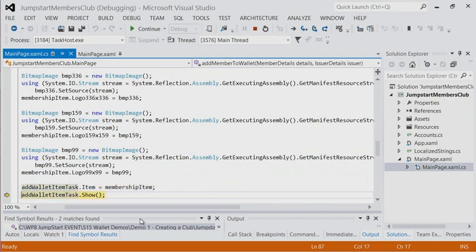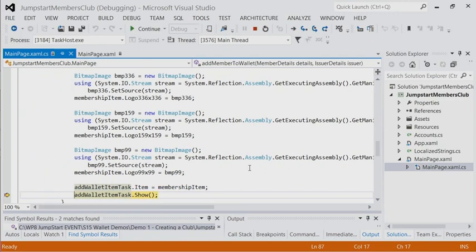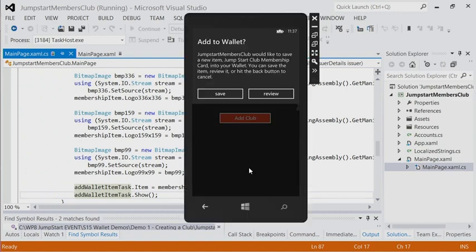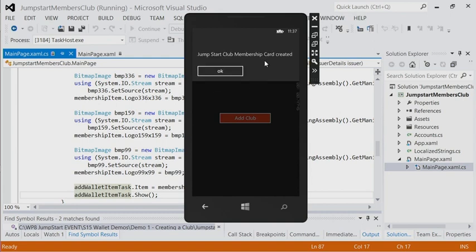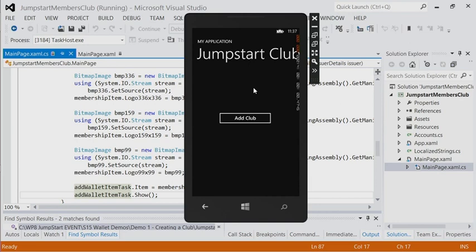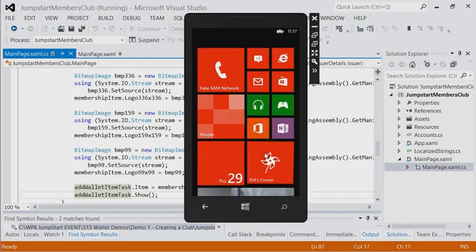And then here we go, we're into the add wallet item task. We're about to show it. I'm going to let it run. And we're into that. This is the UI that's come from that launcher and chooser. So I'm going to say, yeah, absolutely, we're going to save it. And it's called back. It's actually a chooser because it gives you a status back. Right. So now we're back in our application, and we just say, okay. And actually, from the app's point of view, that's it. Okay. But now, if I go back and look in my wallet,